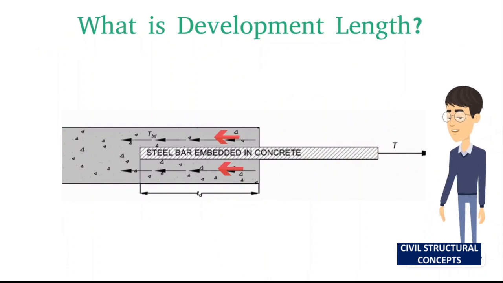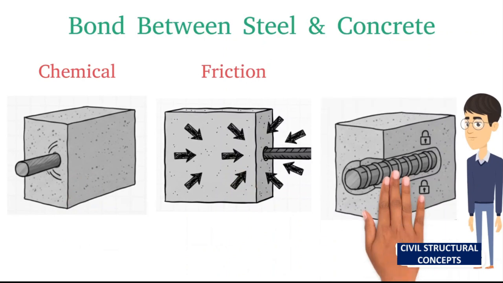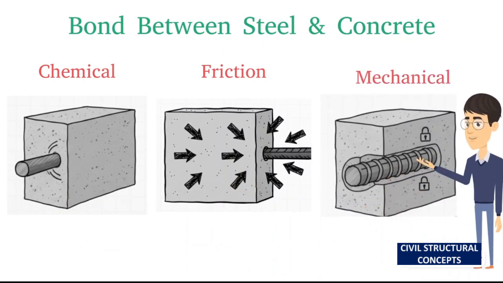When steel bars are embedded in concrete, the bond between them transfers stress. The development length is the minimum length of bar required to safely transfer the full stress from steel to concrete without slippage. This bond is a combination of chemical adhesion, friction, and mechanical interlock of concrete around deformations in the